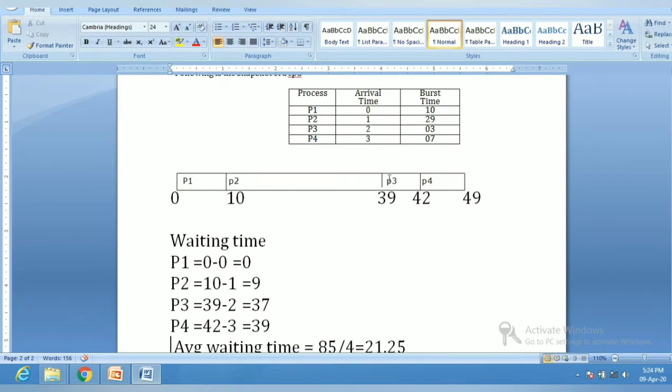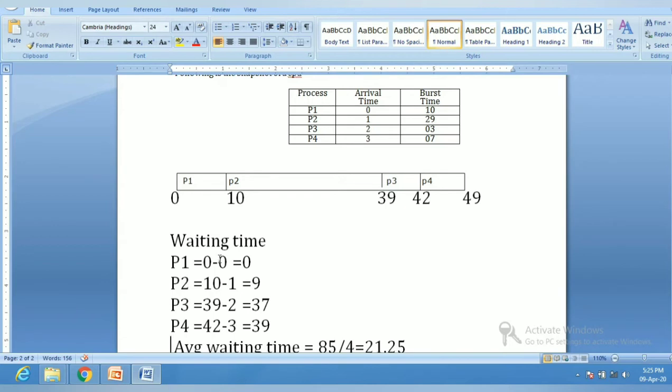The arrival time does not make any change in the assignment of the CPU to the process, but where is the contribution of this arrival time? The contribution of this arrival time is during the calculation of your waiting time. So you can notice it here. I have prepared the Gantt chart. So we have process P1 followed by P2, P3 and finally P4. So the order in which it comes, it will be the same order in which it shall be assigned the CPU. Now what happens when I am calculating my waiting time?